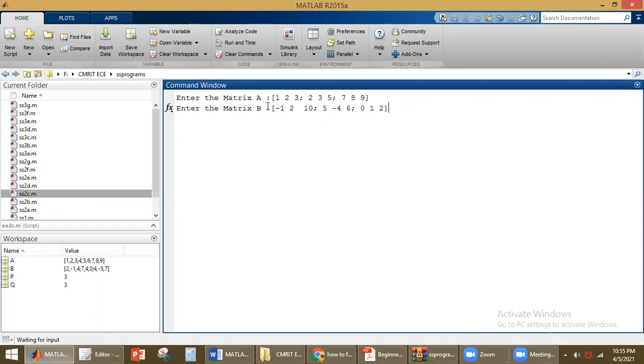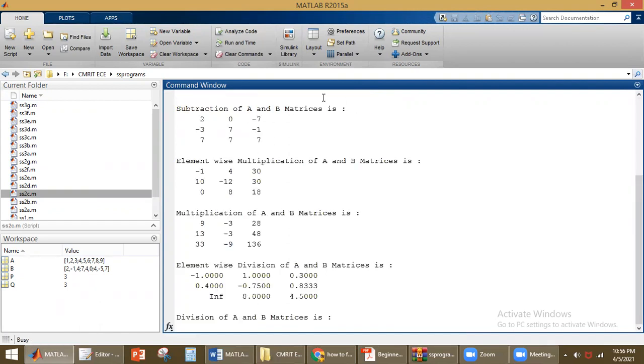When you are entering a matrix, you use first row elements, then semicolon, next row elements, then semicolon, then third row elements. And whenever you enter each element, you should give a space or comma. So we have entered both the matrices.